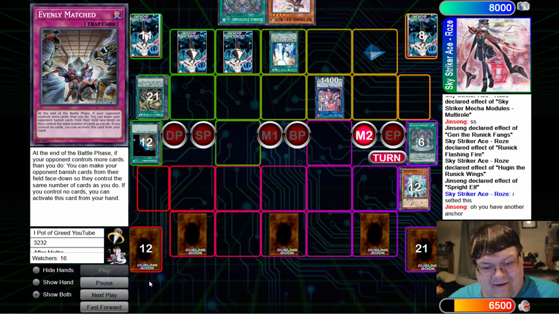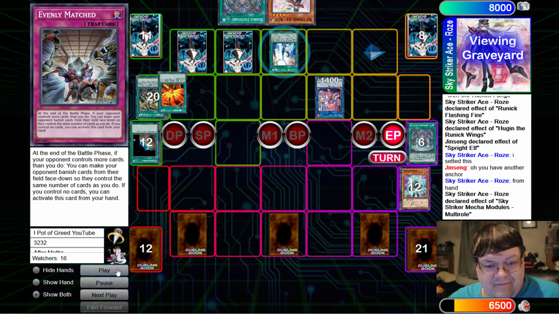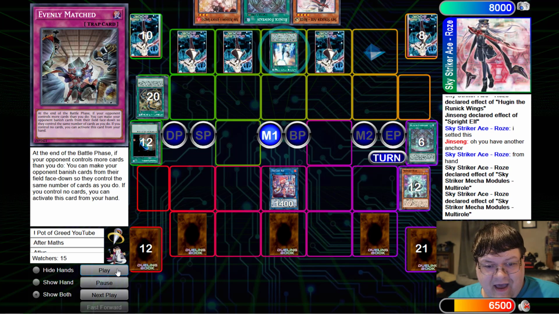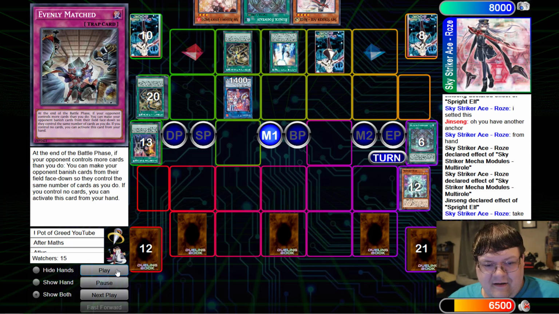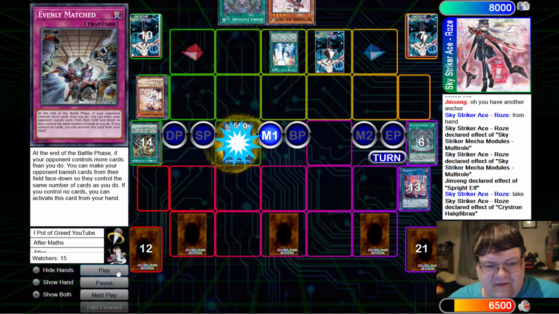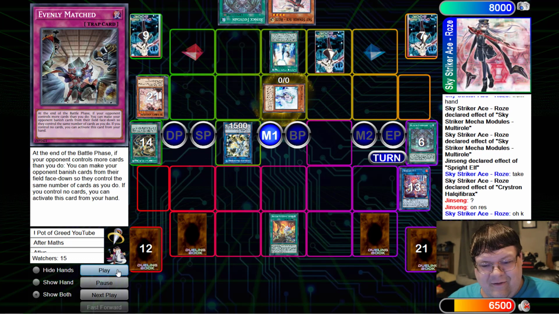Alright, opponent has 11 cards in deck. Alright. Multi-roll on back the after, pass it back. Multi-roll send. Alright, Sprite Elf attempt. We're going to get negated. Here comes the elf into the Hulk. Alright, here's the Hulk. We're going to...